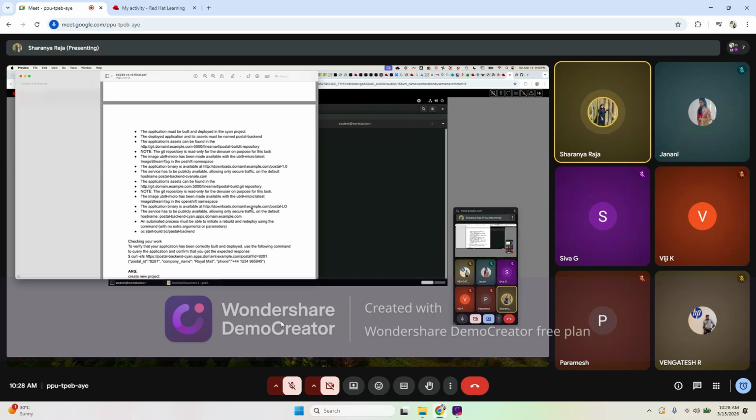The application must be built and deployed in the project called Xeon. So the first thing you need to note down is the project name, which is Xeon, and then the deployed application and its assets must be named postal-backend. So the application name would be postal-backend, and the application's assets can be found in the git repository. Each and every question will have a git repository. You need to clone it. So you have to create the project and then clone the git repository. Those will be the two initial things you need to do for every question related to git. Okay. And then they have given the